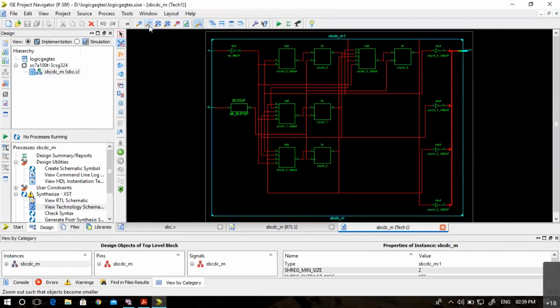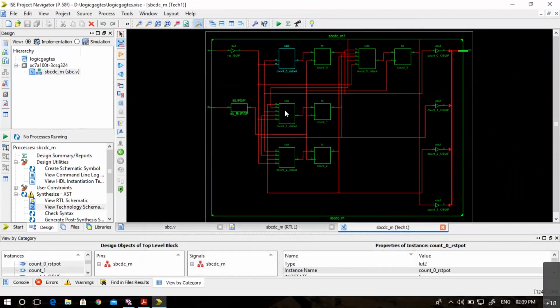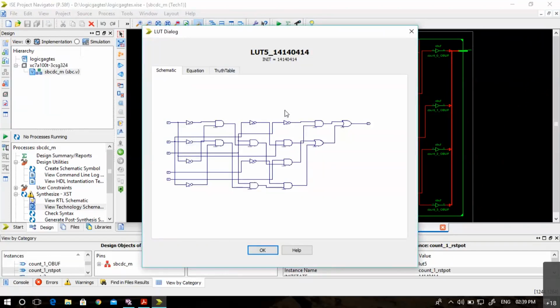Here you can see more blocks. Earlier we had 3 LUTs, now we have 4 LUTs, along with the same 4 flip-flops. This is one, this is one, this is one, and this is one. 4 flip-flops, but with additional logic here. You can see this one logic. One more bigger logic. This is LUT 5 with 5 inputs.